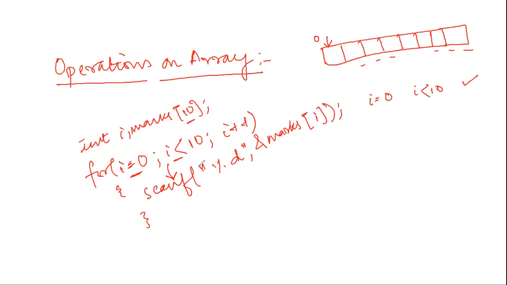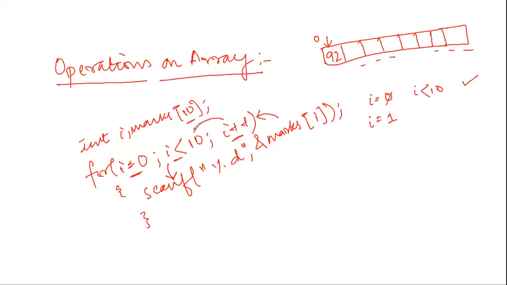The cursor will blink because it is asking me to input one value from the user. Suppose I am inputting the value 92. So 92 will get stored there. Then it will move back. My next statement was i++. So now from 0, i++, and i has been incremented by 1.